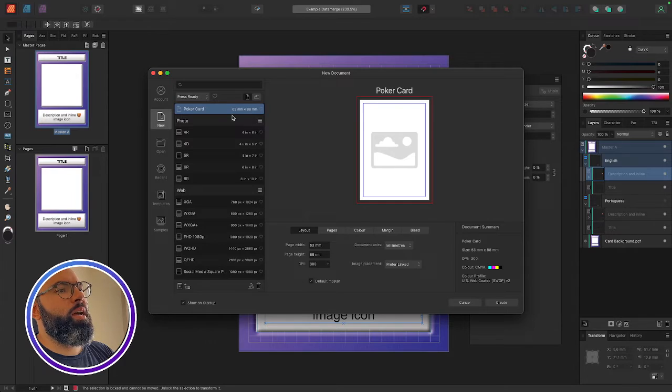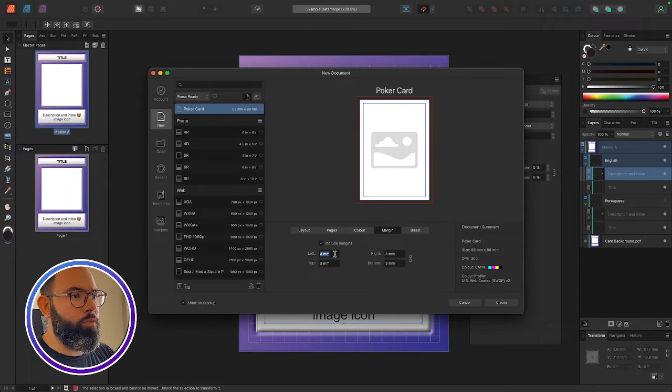I create a template for my card here. I set the size of the card, and for the margin, I configure 3 millimeters on each side, and the bleed 3 millimeters on each side. In the pages, I have to deselect this option, facing pages, because I'm not working with a book. And in the layout,